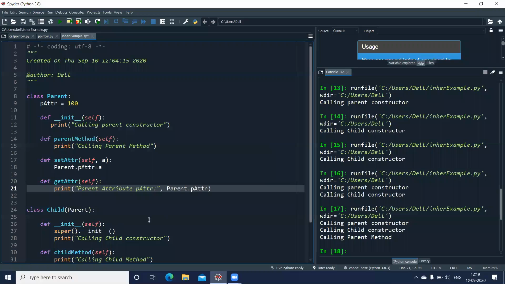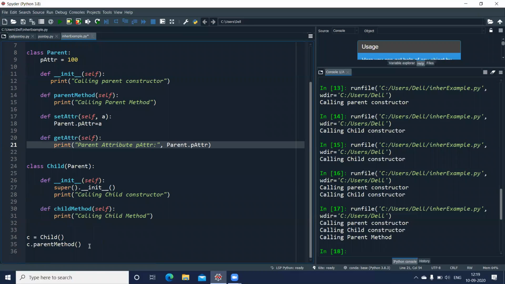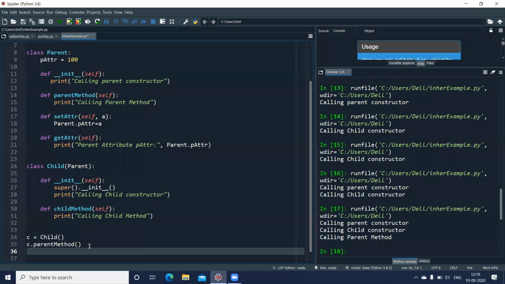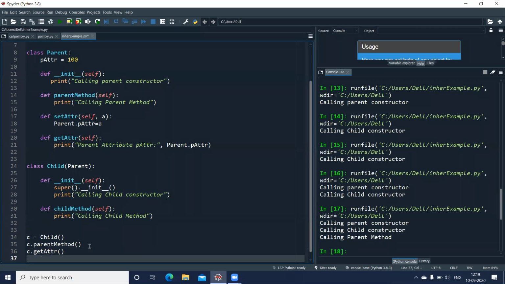Now I'll come back down, and after making a call to the parent method, let us set a value to this attribute. If you remember, the default value which we have assigned here is 100. So I can directly make a call to the get attribute by using c dot get attr, and run this one.